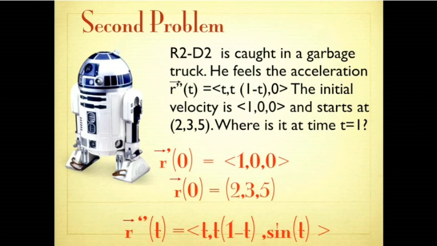Now we have to match the initial position. At t equal to 0, we want to be at (2, 3, 5). So let's just look here at t equal to 0. This is all 0, so we can just add (2, 3, 5). And we are all done. We have now our formula for the position. So that's how we solve this type of problem. By the way, this is already solving differential equations, which is an important topic, but we do that only with this type of questions.